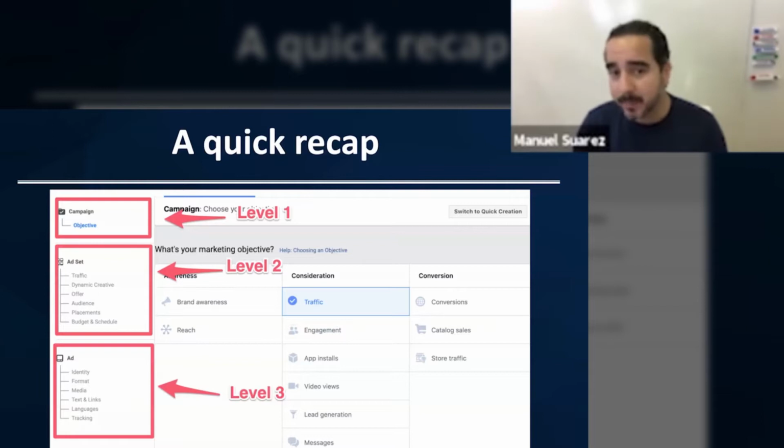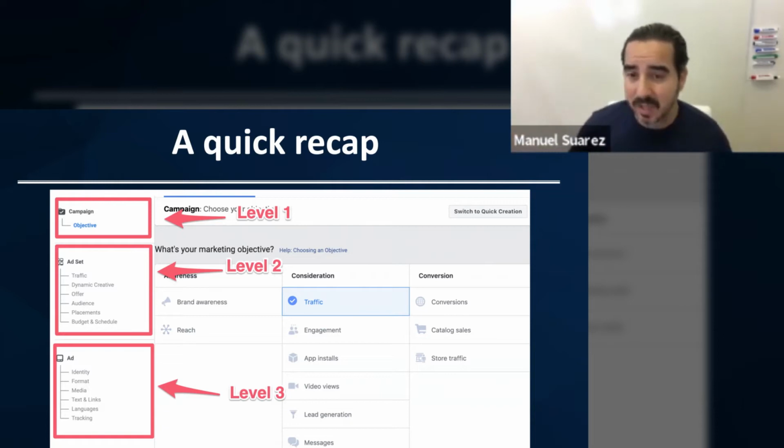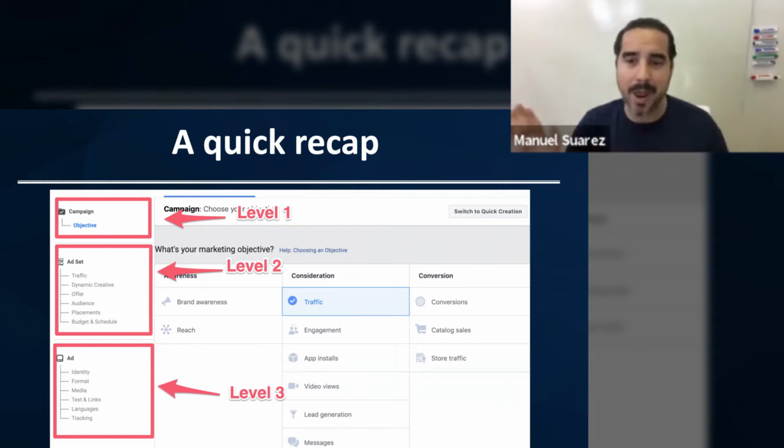Now, a campaign, just to recap, is where you select what it is that you're trying to accomplish. What is your overall goal for the campaign? Do you want to get traffic to your listings on Amazon? Do you want to generate conversions on your website off of Amazon? Are you trying to generate leads, so you do a conversion or a lead generation campaign? Do you want to just get branding and do video views and get people to see your content, get exposure? Do you want to get messages on your Messenger channel? What do you want to do? And this is where you decide that particular step before you do anything else.